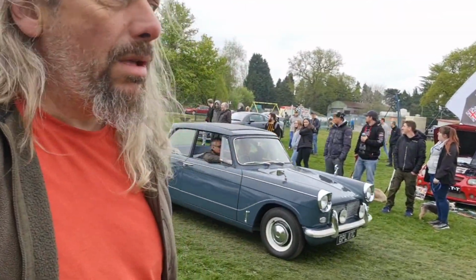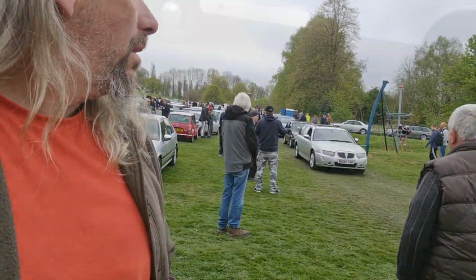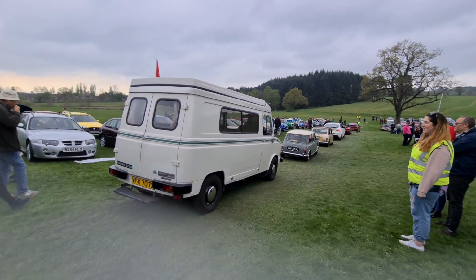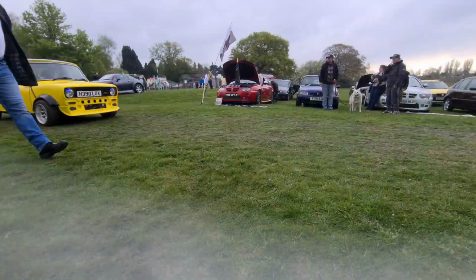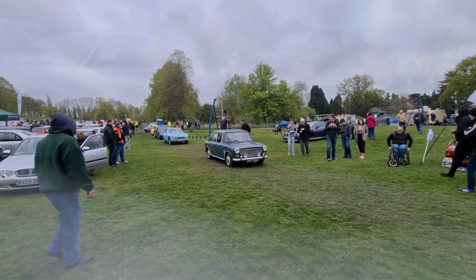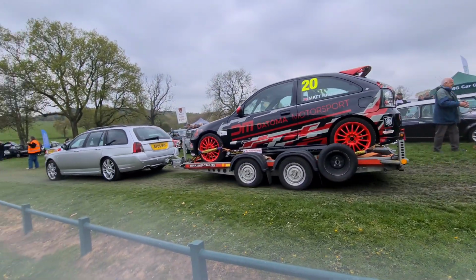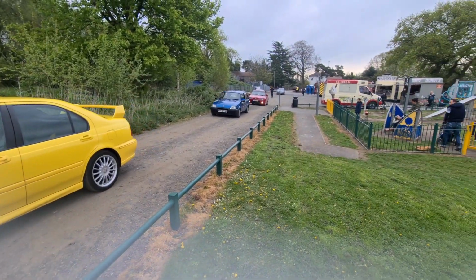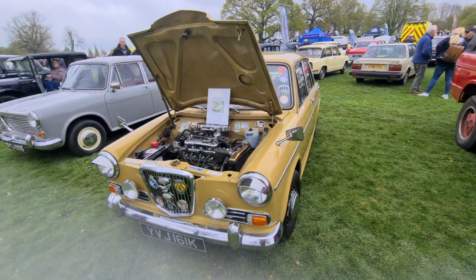They're still coming in, and I'm now going to get to the point of being bored of seeing British cars. Look at that lovely Sherpa van. The van that's as narrow as a car, but just a bit more practical. That's a cool one. Which car are you actually bringing to the show? I think this might be the last of them actually. If you want to swap them for